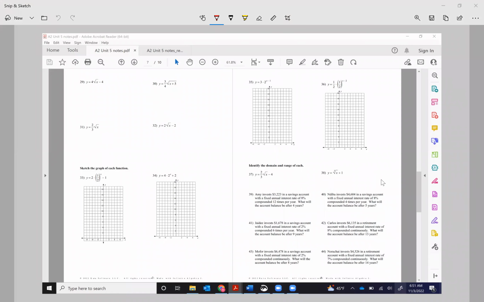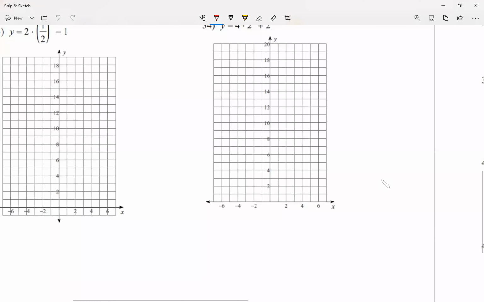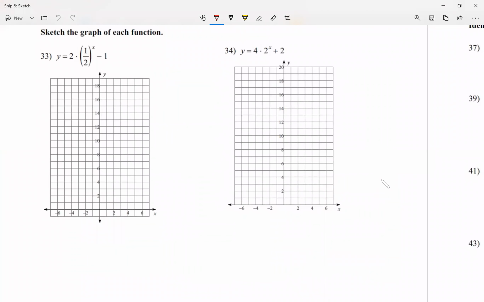Do a quick review of what we saw this week. So questions 33 to 38. So this week we start graphing exponential functions with shifting. Now here, let me think of this as y is equal to 2